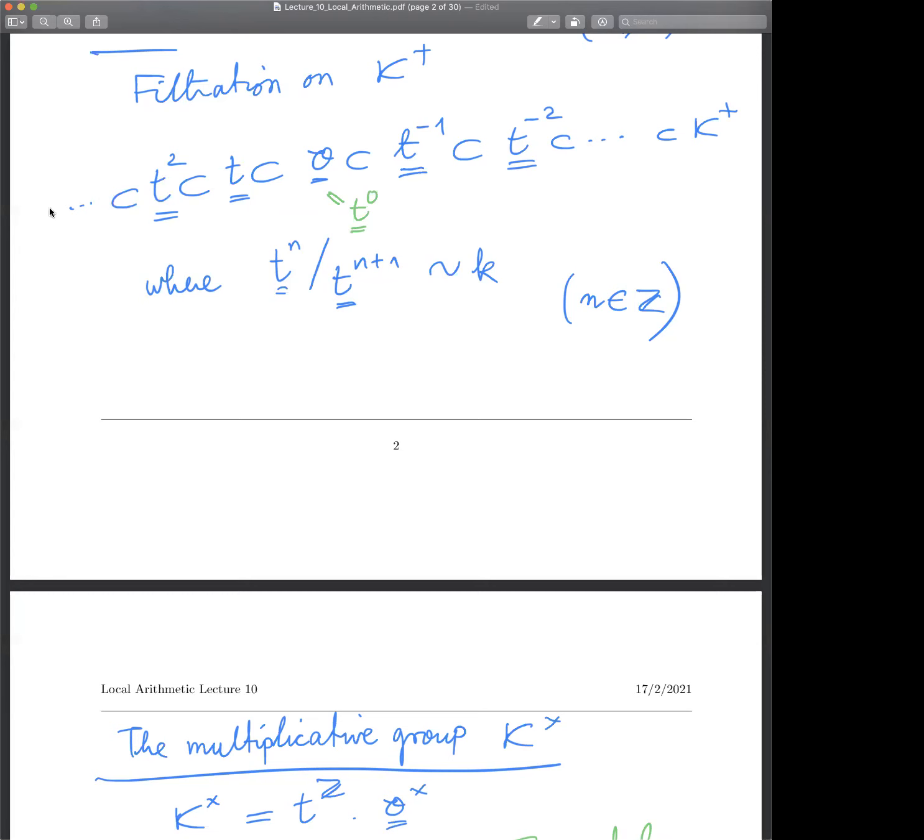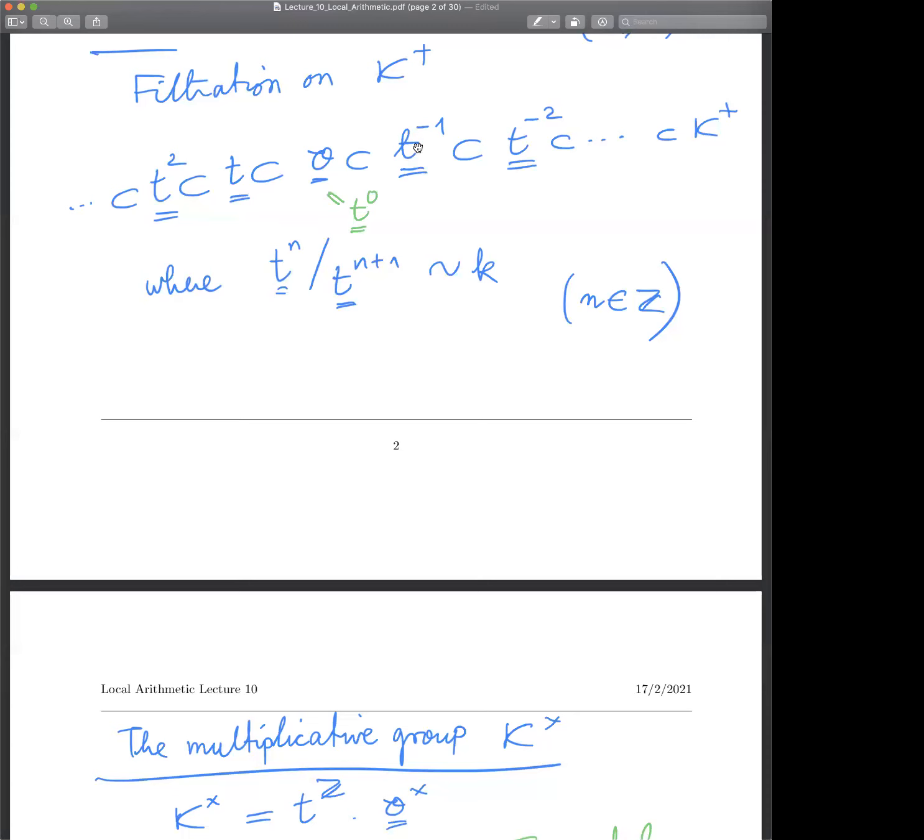It goes all the way up to infinity on the left. Similarly, this ring O is contained in T inverse. So what is this T inverse? You can think of it as the sub-O module of K plus generated by the inverse of the indeterminate